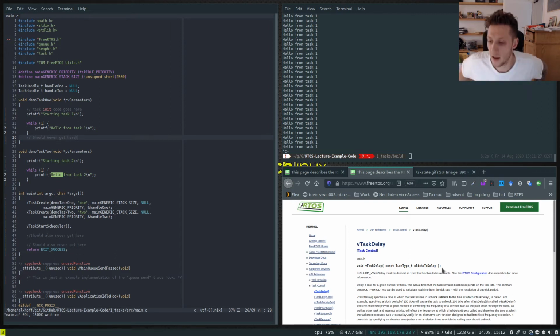Now, I think we covered briefly in the lectures what a tick is, but the tick is the unit of time that the kernel, in this case FreeRTOS and its scheduler, uses as its passage of time. So on an embedded system, the tick is generated from hardware, and it's done by using a peripheral called a timer. And so a timer is a piece of hardware. It's actually on the silicon, and this timer is configured to count to a certain number, and so it takes the CPU clock in and it counts and it counts and it counts,